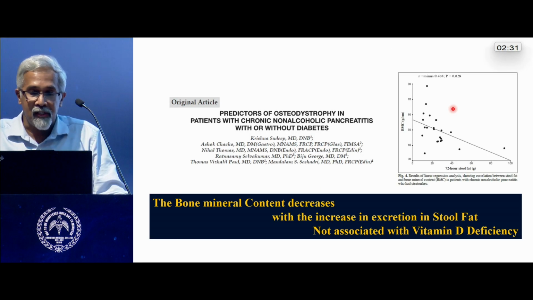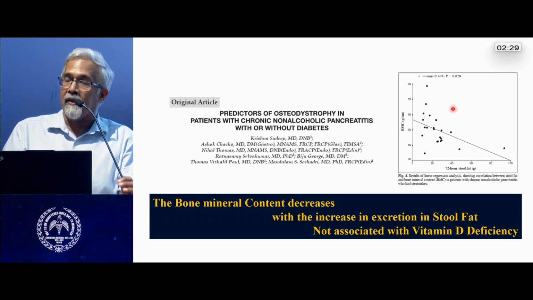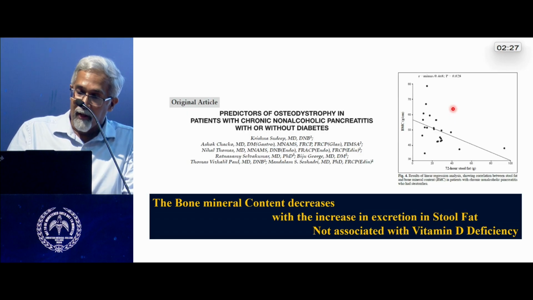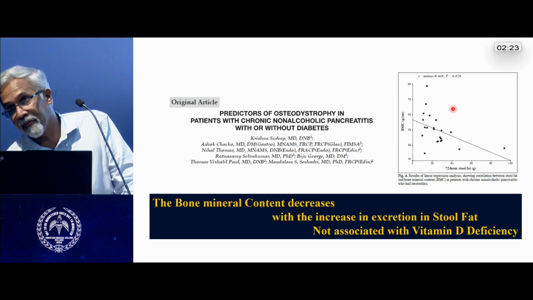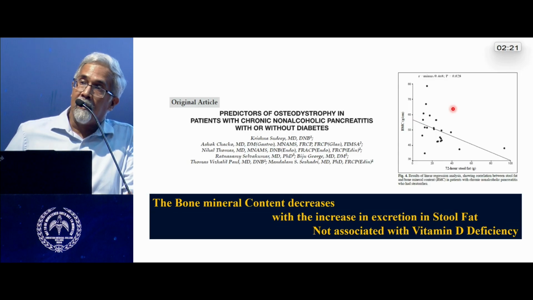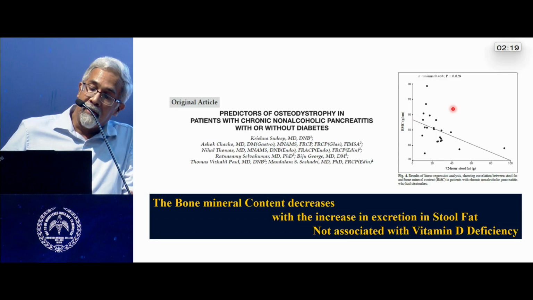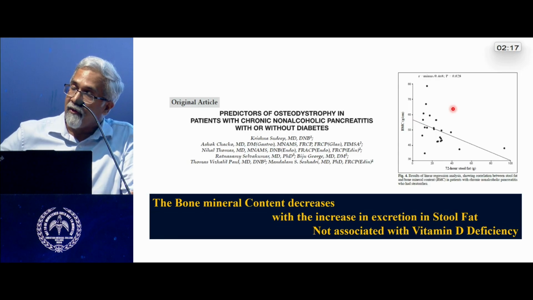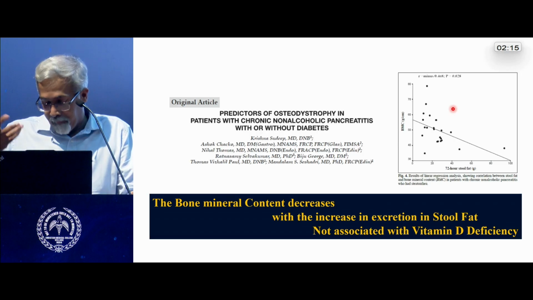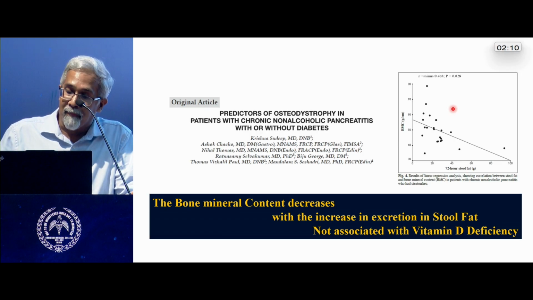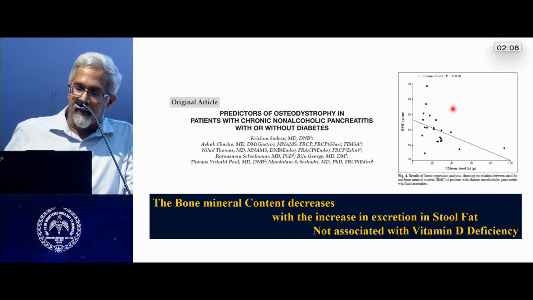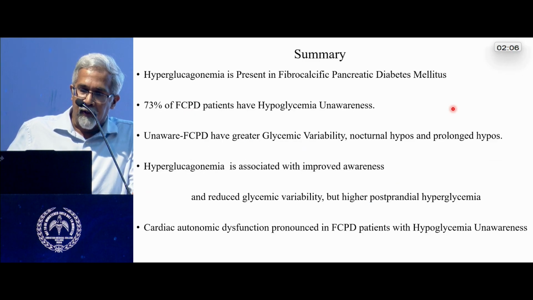The next experiment we actually did was on patients with pancreatic disease, and we looked at the bone health, and we found that a significant number of them actually had osteoporosis. So there is room for early treatment with bisphosphonates in these patients, and we found it was not related to the vitamin D deficiency. It was more related to fat malabsorption in these individuals. Okay,